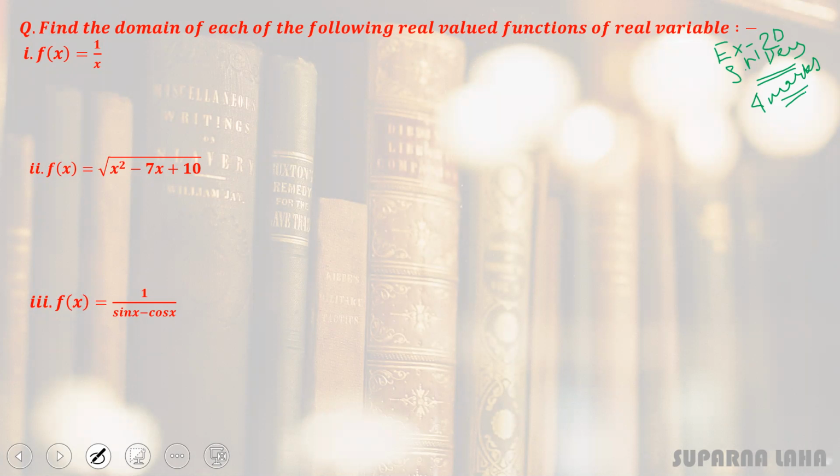Okay, so the function is given, you need to find its domain. The function is given, 1 upon x. Now we need to find the values for x in such a way that the function is a real valued function or a real function. Okay, so we need to find the value of x. Clear? Now if we choose this x belongs to R, is it satisfying this equation, or is the function real valued for every x belongs to R?